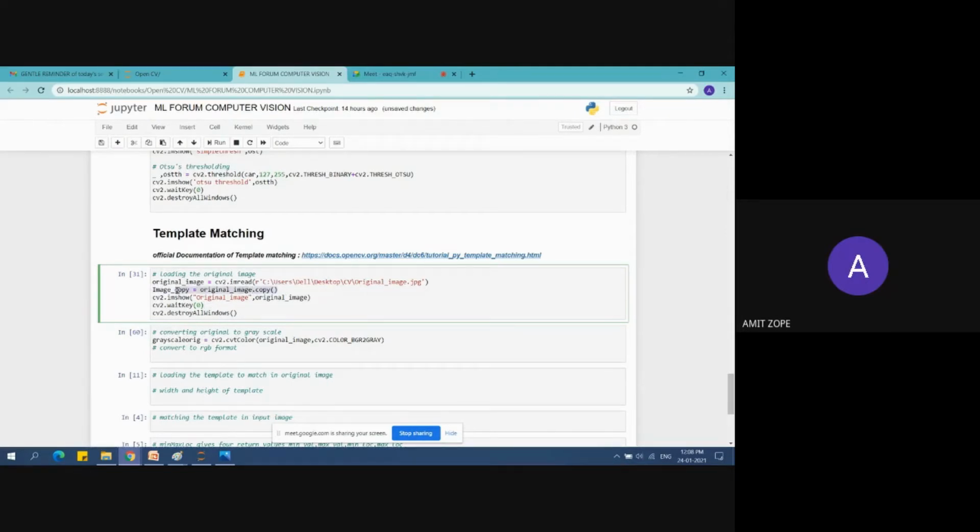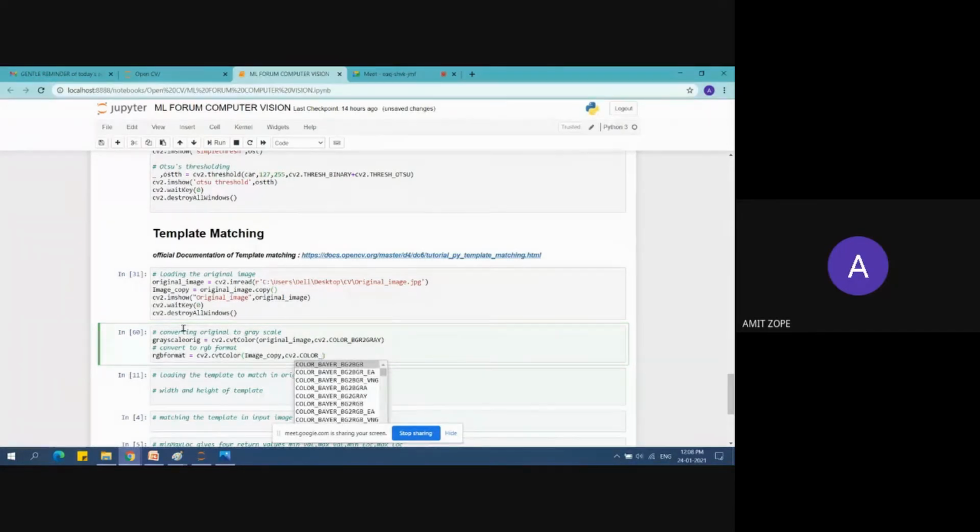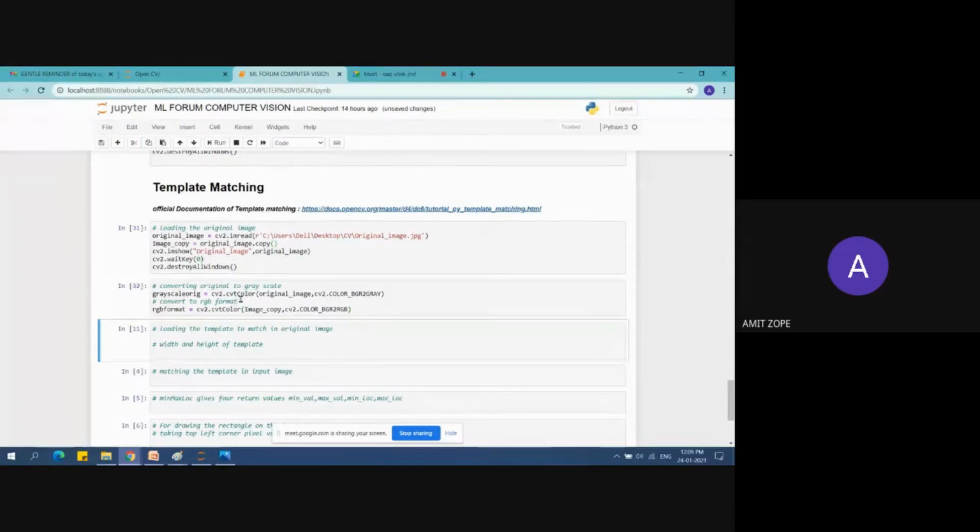This copy is originally in the form of BGR, so I will convert that BGR format to RGB, because I prefer to use RGB format, not BGR. Yes, I have done this here.